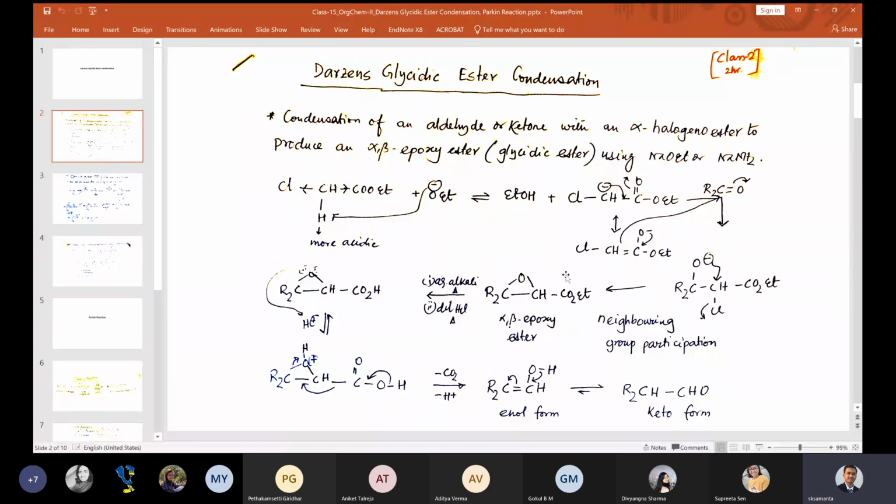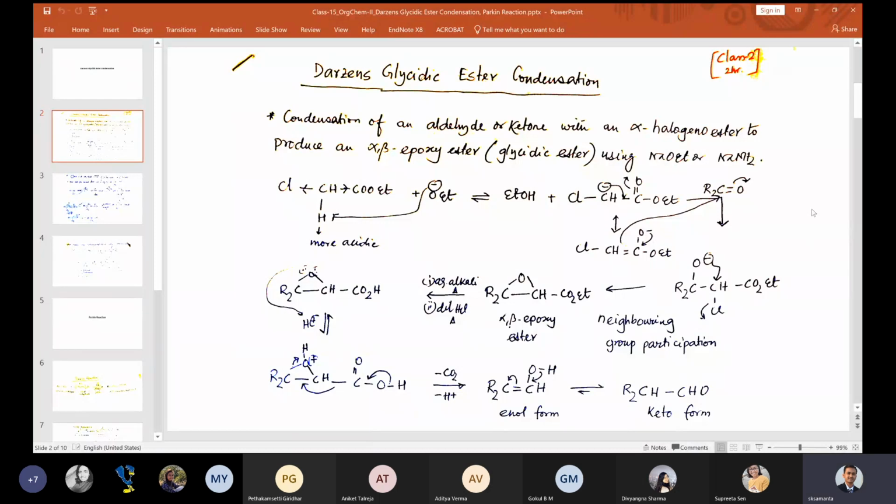But if we now take this one and treat with aqueous alkali followed by acidification and heat, it will convert into this kind of compound where you have one aldehyde group, CHO, attached to the carbon where you had the keto group. So basically you took this kind of ketone, and the keto group is gone and an aldehyde group came out. That is the product. Is this one clear? Okay, let me revise it one more time from the beginning.